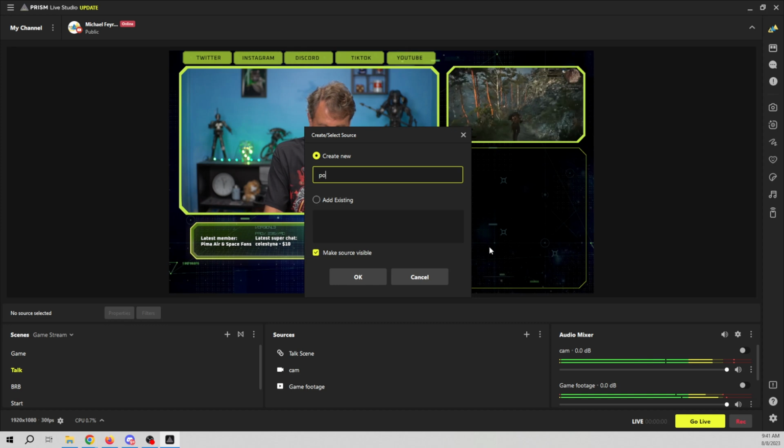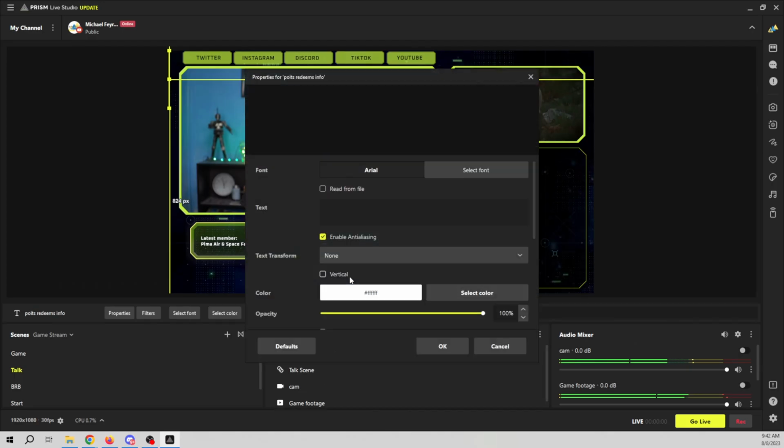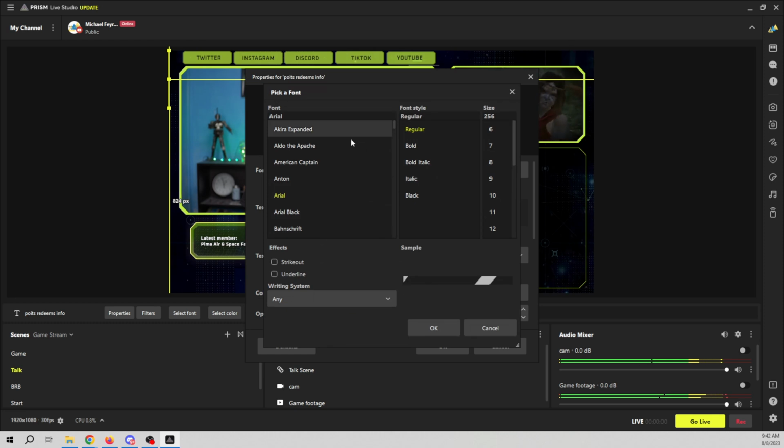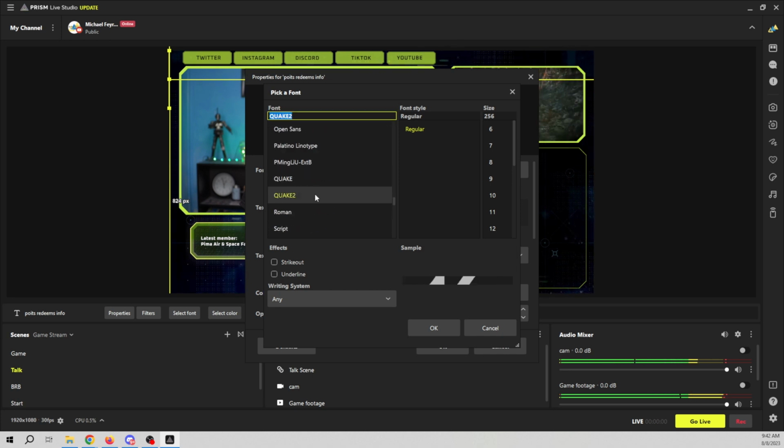So this could be our points redeems info, and we can click OK. What we'll do is select a font. You can select a font that looks kind of similar to the one they have. You could probably even download and select the same font that they're using. Let's use some kind of a spacey type font. We'll use this Quake 2 font